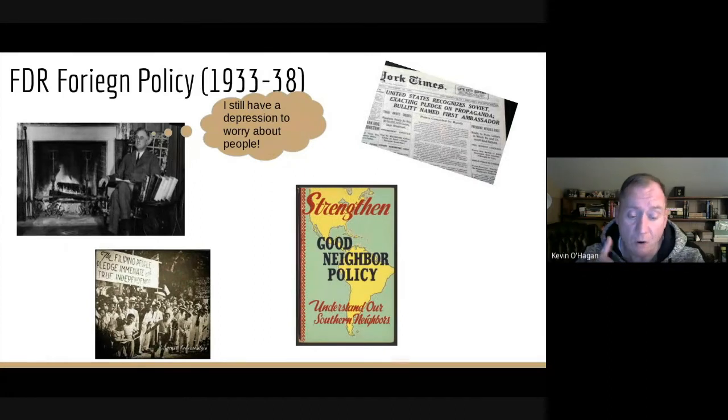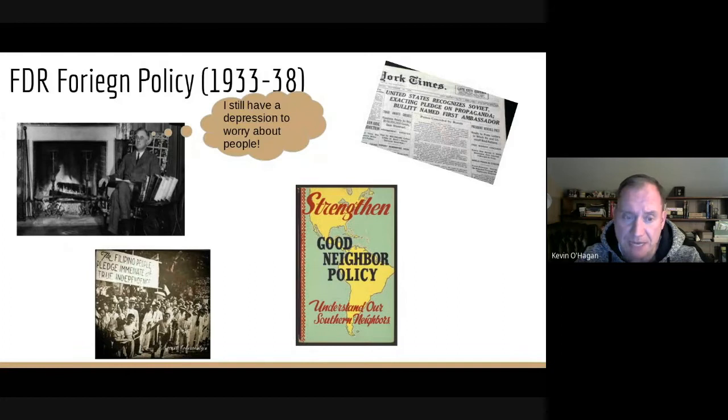Also noteworthy is that it's in this era, 1934 specifically, that Roosevelt formally recognized the Soviet Union. Unlike his predecessors during the 20s, Harding, Coolidge, Hoover, who all refused to recognize the Soviets, for FDR, it's economic. Let's recognize them, let's normalize relationships, and then we can sell goods to them, right? And we can buy stuff. So it's, again, economically motivated. And think of where the Soviets are, right? Having an ally in Europe with the Germans and the Italians on the march, that's not a bad idea either.